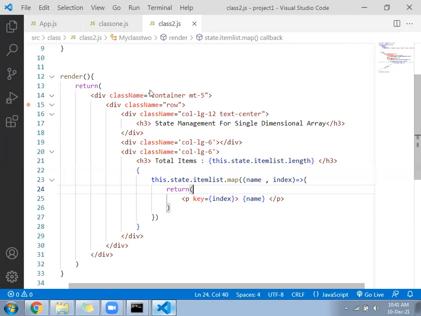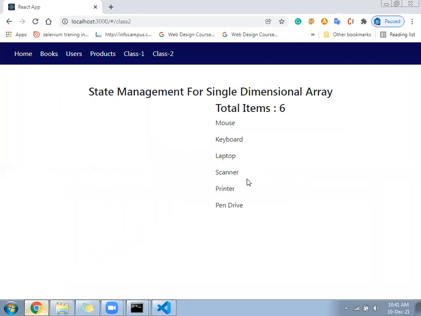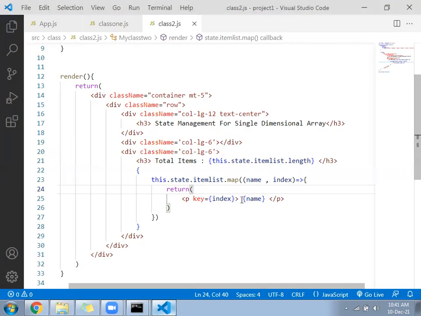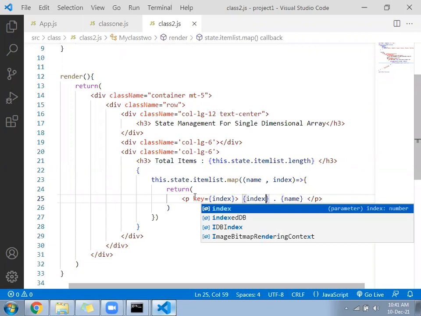The list of the items is printed. Let's add the index also as a key position. Index as key.